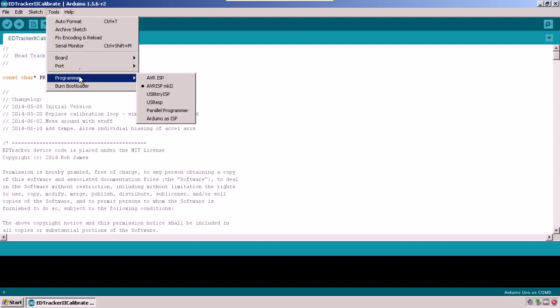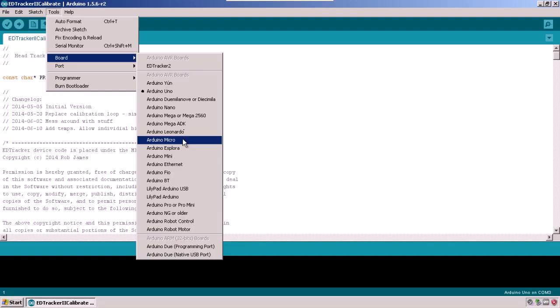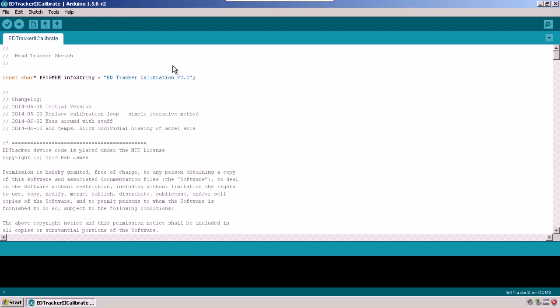I'm also going to choose on board the EDTracker 2 device. By default it's Arduino Uno. At most, if you did this the old-fashioned way, you'd want to change this to Arduino Micro, or Leonardo would probably work. But because we've packaged all of our stuff up into a custom device, you can use EDTracker 2 and it will include all those libraries that we need that have been modified. So once you've done that,